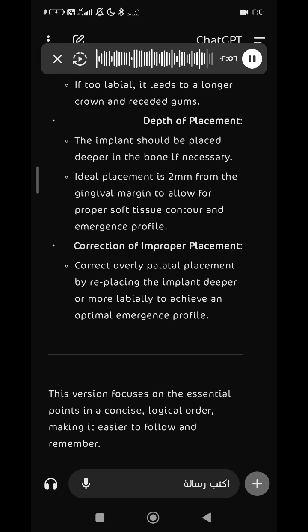Correction of improper placement. Correct overly palatal placement by replacing the implant deeper or more labially to achieve an optimal emergence profile. This version focuses on the essential